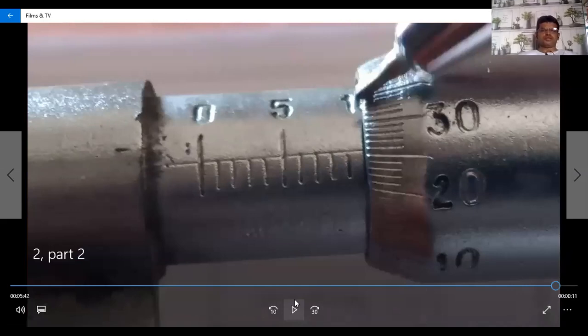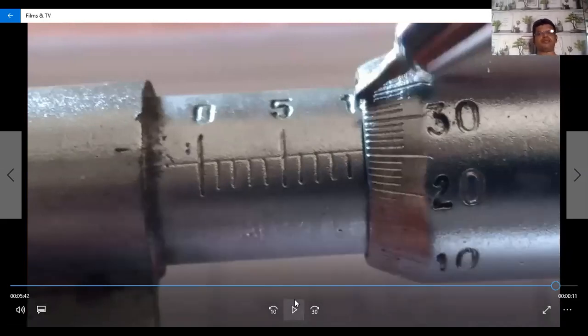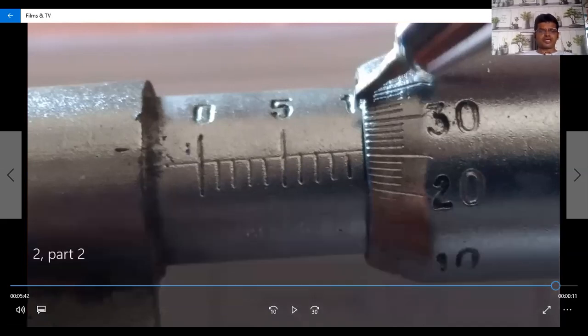Okay, so friends, here's some correction. You saw in this video main scale 10, but now the circular scale we found is 26. How? You see here, starting at 20, passing and then after 21, 2, 3, 4, 5. So finally we got the circular scale as 26, not 21. Okay friends, so it is the second part.